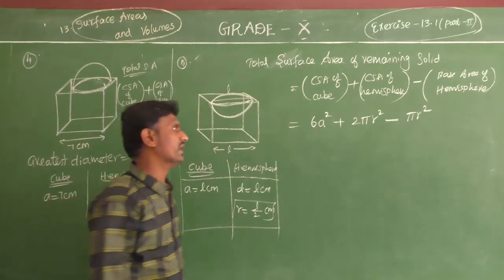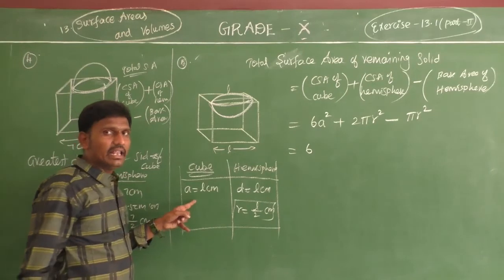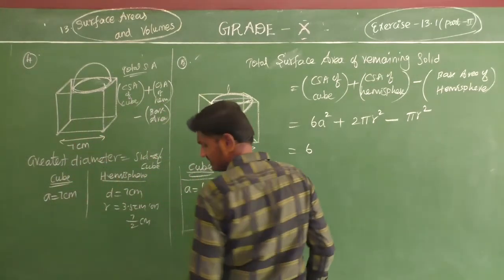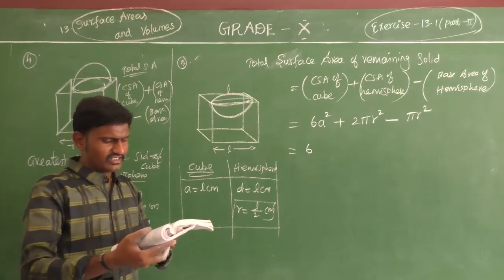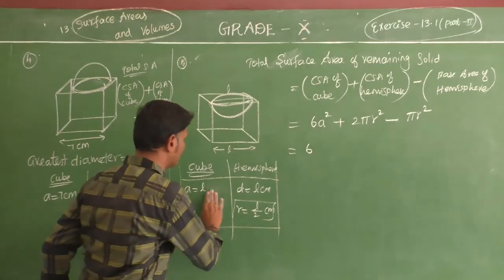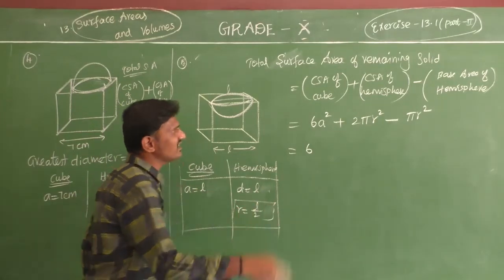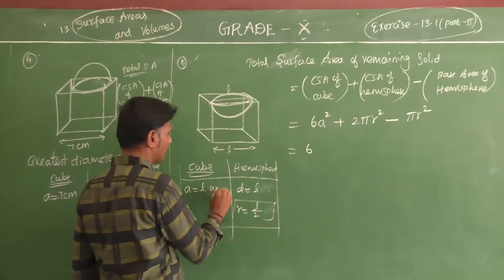Got it? Now I am going to find, the side of the cube is L. I am only taking L, no? Centimeter or units? Listen to me. What is L? They are not giving the values, so write L only. You don't want to give centimeter or meter like that. Units, L units.